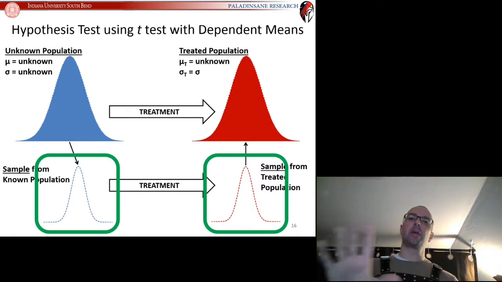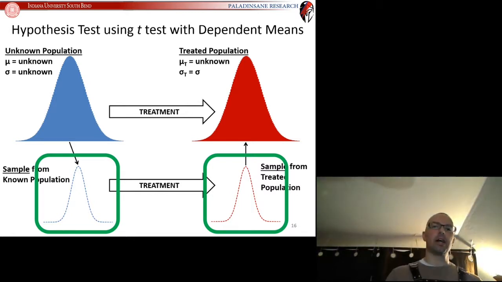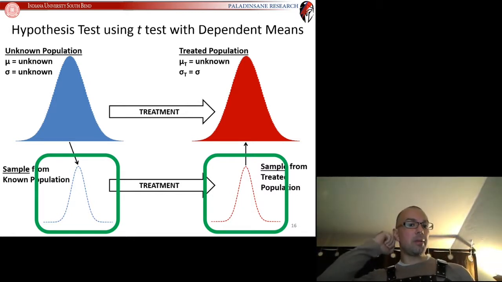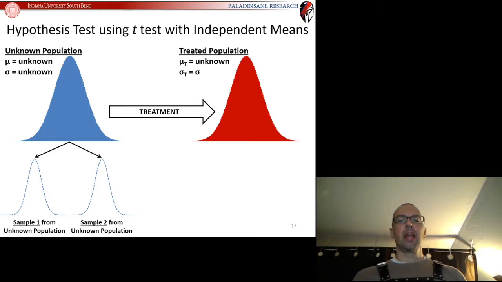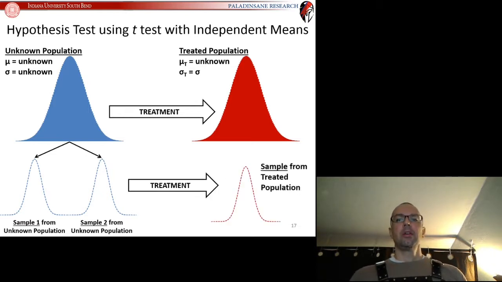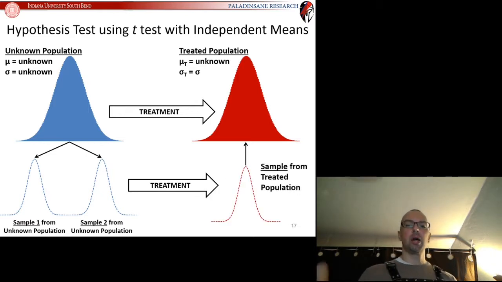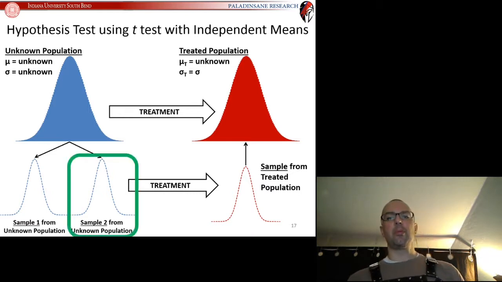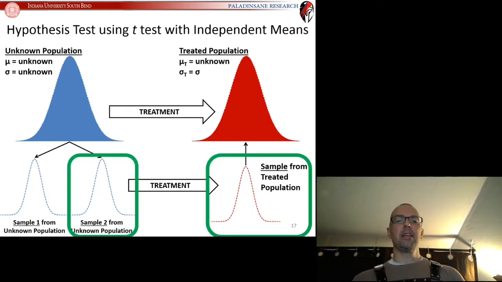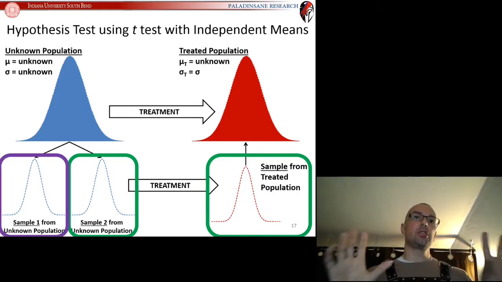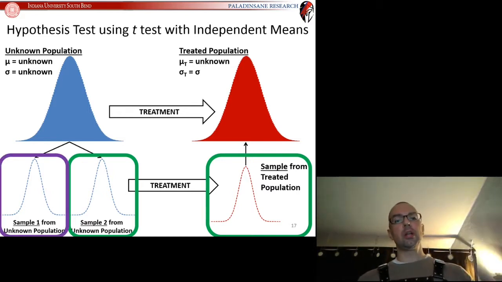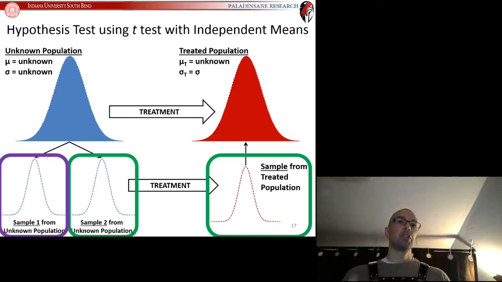That was a dependent means. We had one sample. We measured it twice. For an independent means t-test, we now take two samples from the unknown population, and we treat one of them. So the comparison then becomes between the sample that we treated and the original sample that was untreated. So again, this is two samples, one which is treated, one which is untreated, two samples which are treated differently,